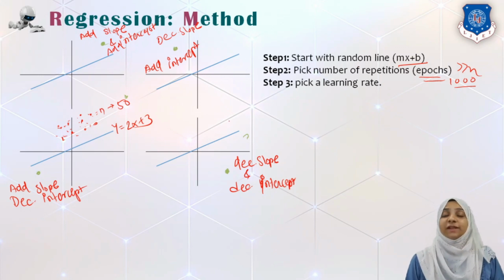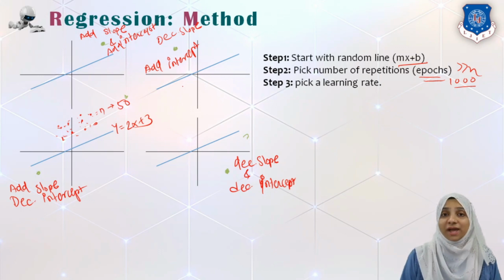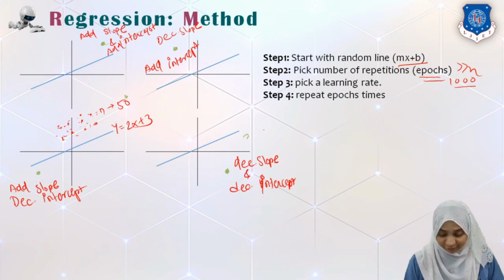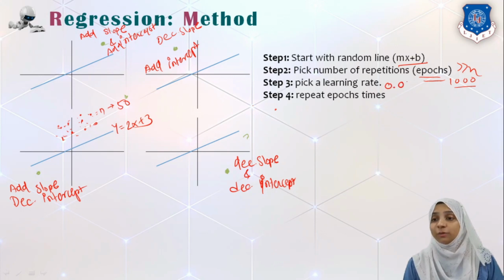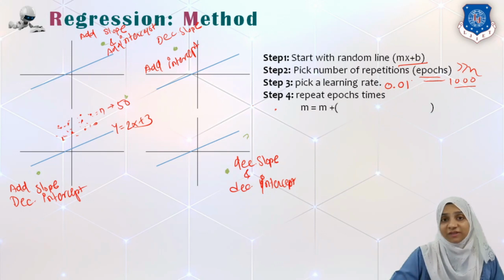The next step is the learning rate. Now remember, the learning rate has to be very small, because if the learning rate is very large, we will not have a good fitting line. So always keep in mind that the learning rate has to be a small number. Say, for example, I choose the learning rate to be 0.01. You can choose 0.02 or 0.001 or whatever value, but make sure it is small enough so that our steps towards our data points will be smaller.